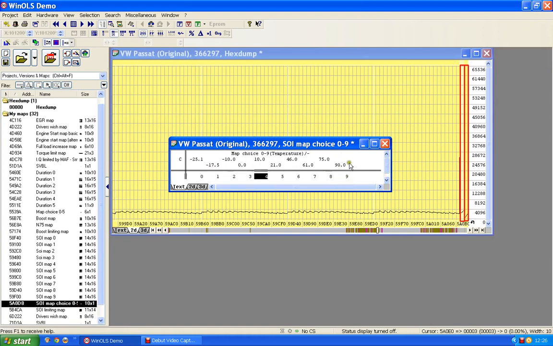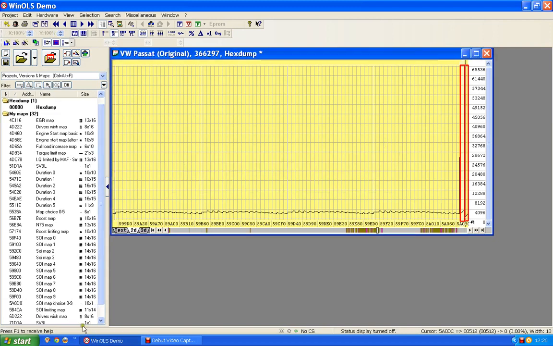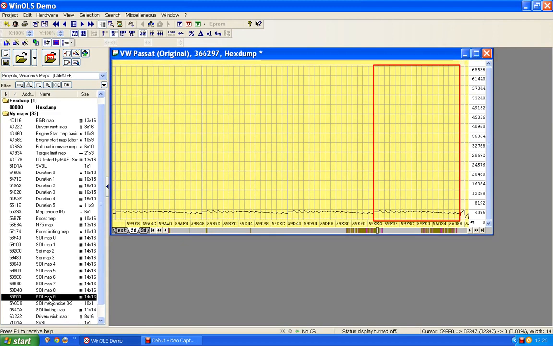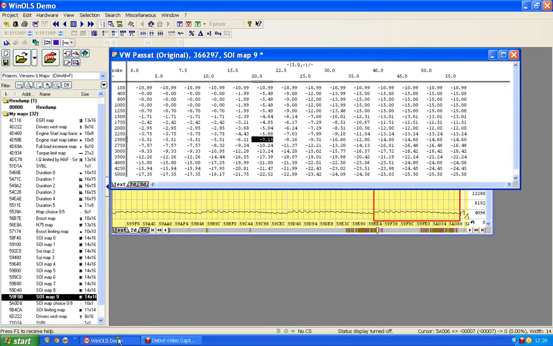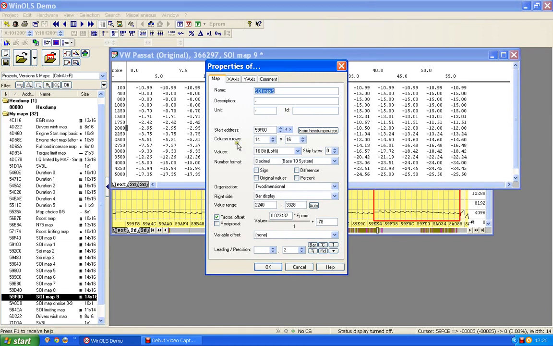Once the engine is warm at 90 degrees, 9 is used. So what I'm going to do then is click on 9, because obviously it makes more sense for us to look at 9. Now also, if you've looked at previous videos, you will know that these numbers have been changed. I'll just open that up, double click on properties. They've been altered by using a factor